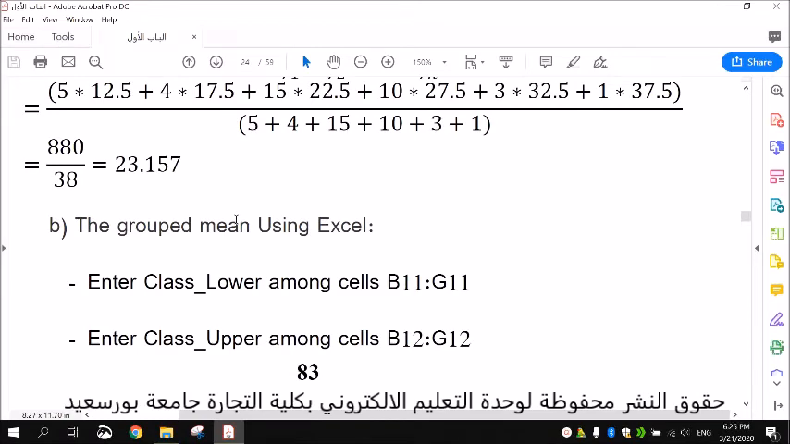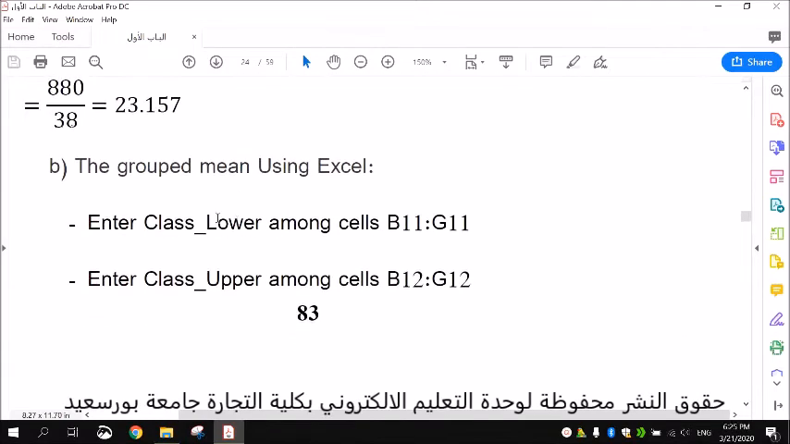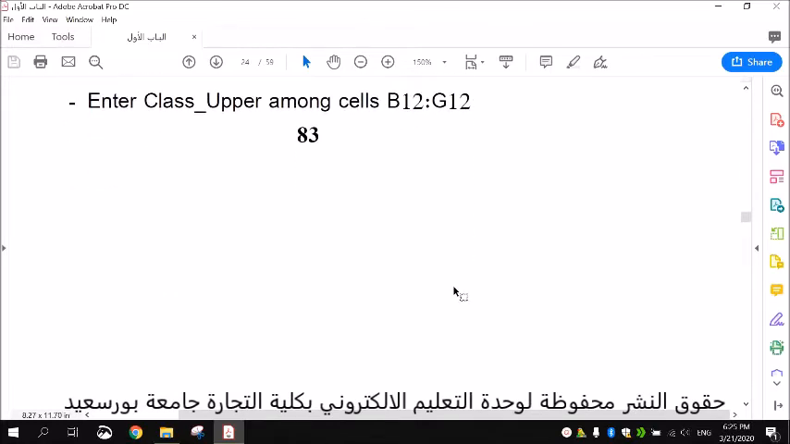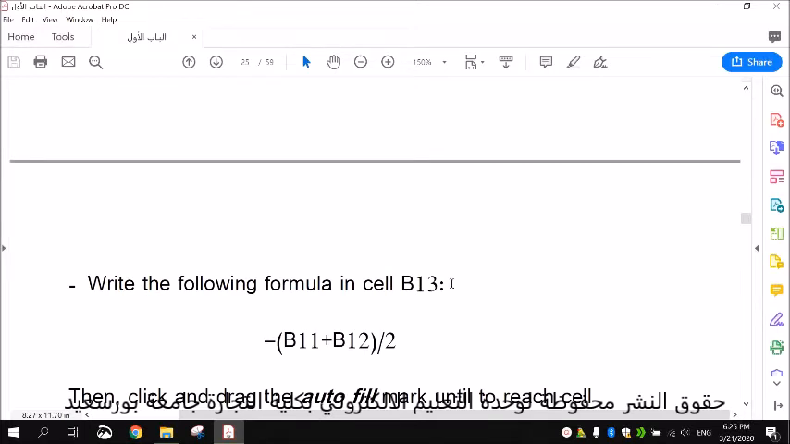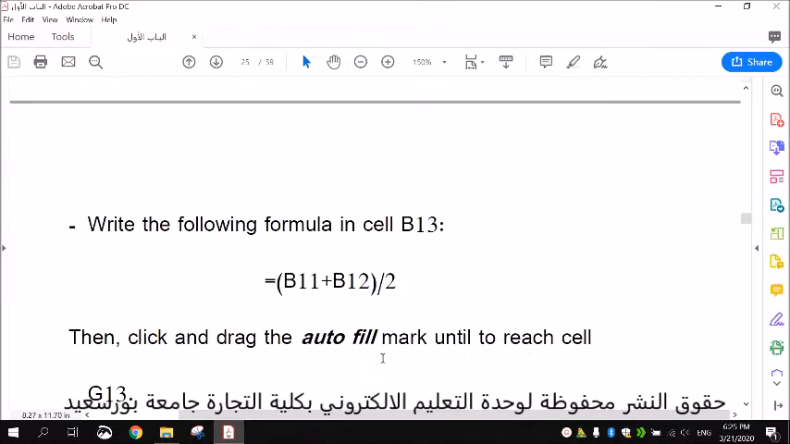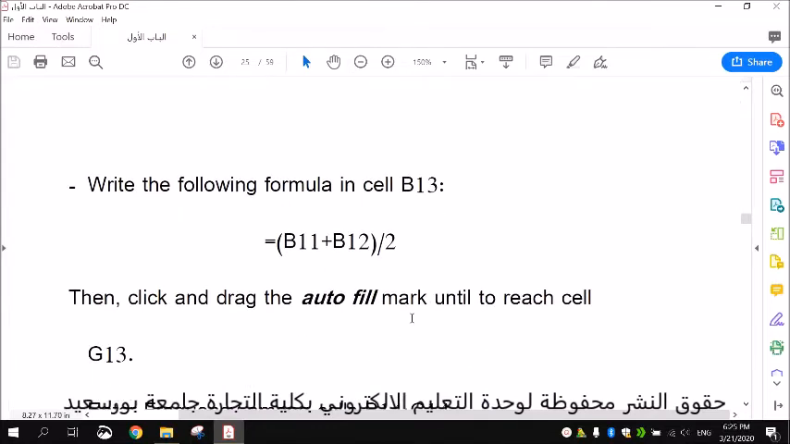The grouped mean using Excel: enter class lower among cells B11 up to G11, enter the class upper among cells B12 up to G12, write down the following formula in cell B13 equal summing B11 plus B12, then divide the result by 2, then click and drag the autofill mark until to reach to cell G13,